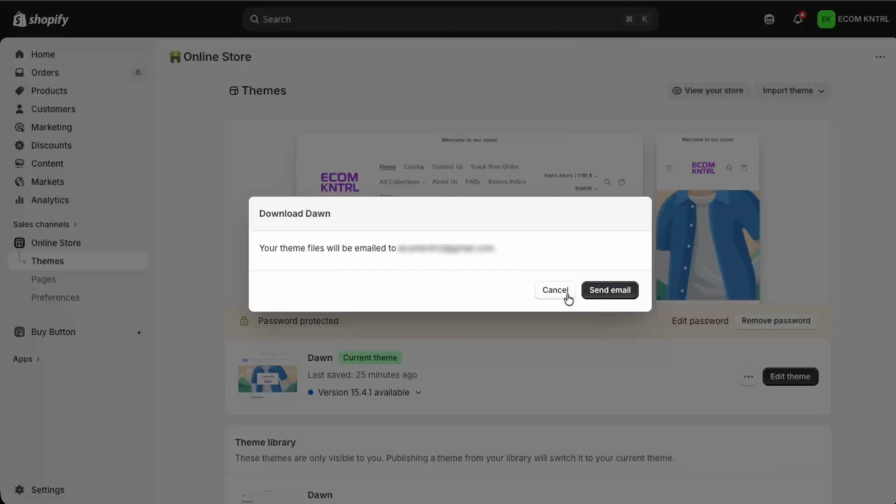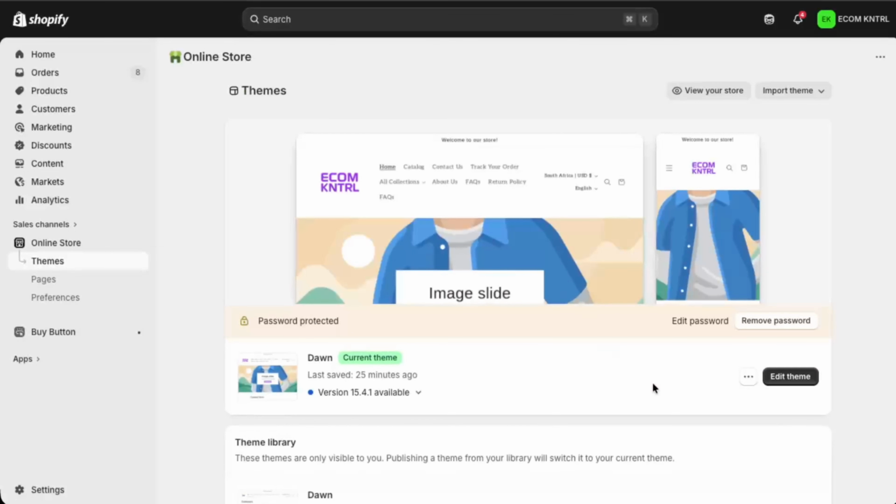Shopify will prepare a copy of your theme and email you a download link. When you receive it, download that file and store it with your other backups. And that's it. By exporting your products, inventory, customers, and theme, you've created a